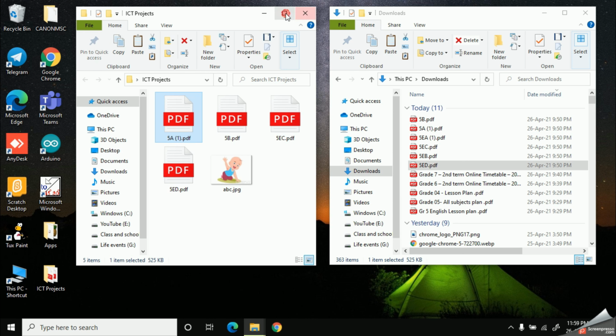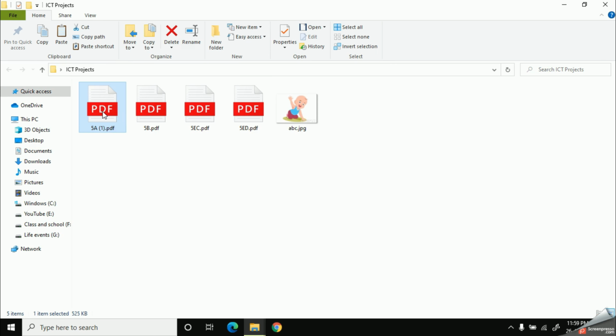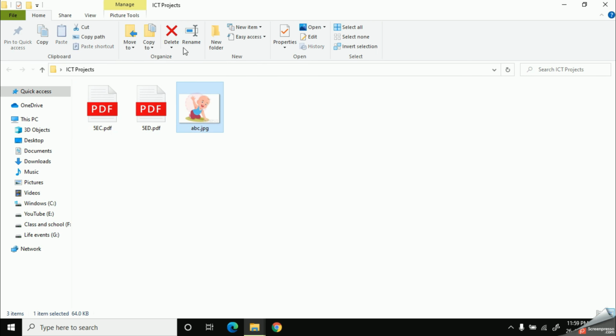Finally, there is another way you can delete your files. Select the file you need, go to the Home tab, then you can select Delete. Alright, now see, we have two files inside our newly created ICT projects folder.